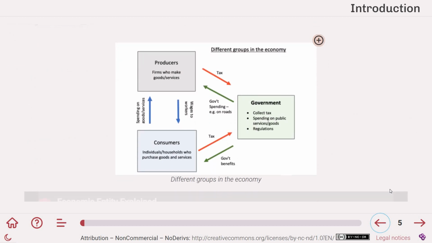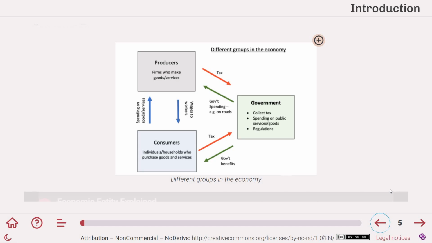So here you can see the transaction or the interaction between the agents. So we have producers, government and consumers. In the relationship between producers and consumers, producers send goods and services, while consumers can give work,